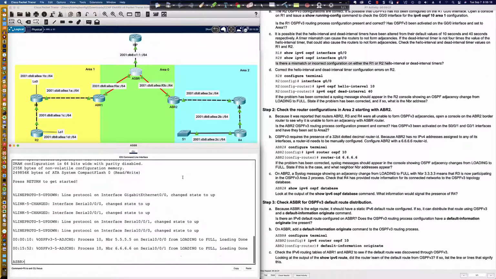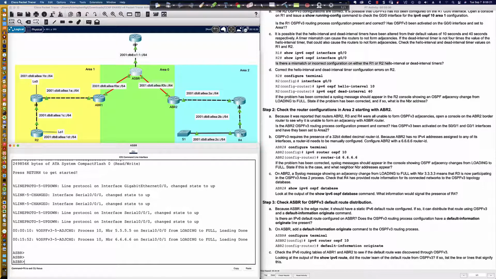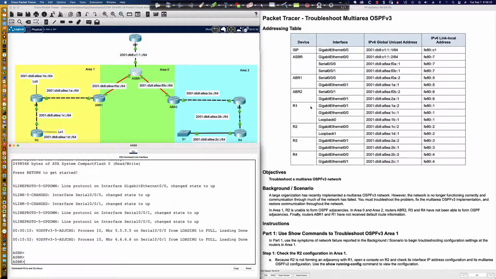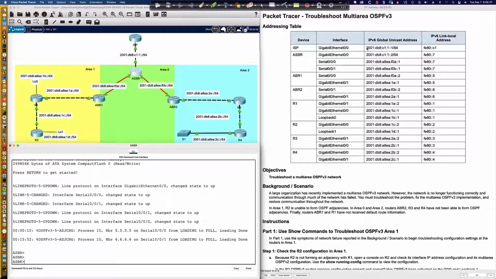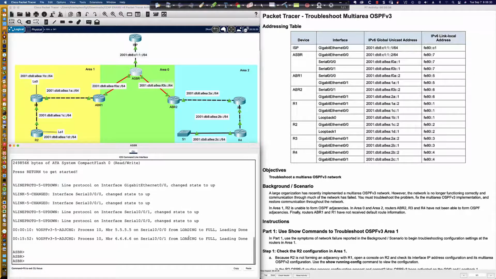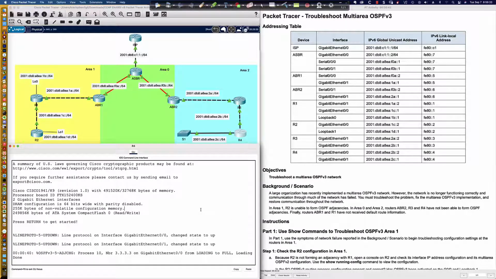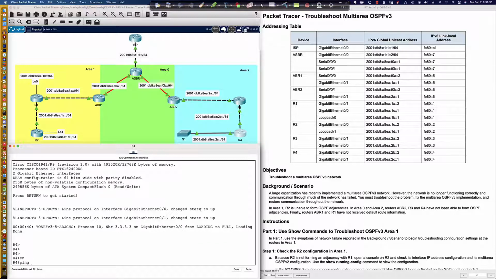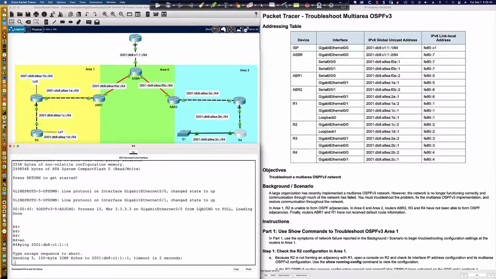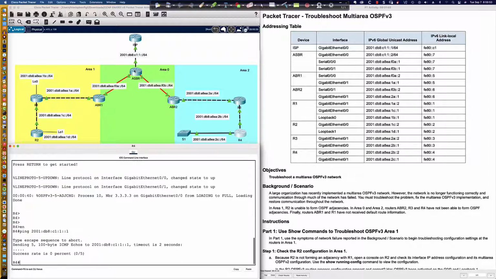Okay, and so here we are, and now we're worried about a default route. I'm looking at the ISP address here, 2001:DB8:Charlie1::1. Because if I'm down here on router 4, there's probably a good chance that if I was to ping 2001:DB8:Charlie1::1, I might not get there. And this is going to be true probably from all of the routers with the exception of the Autonomous System Boundary Router, which is directly connected to the ISP, because if I say show IPv6 route,